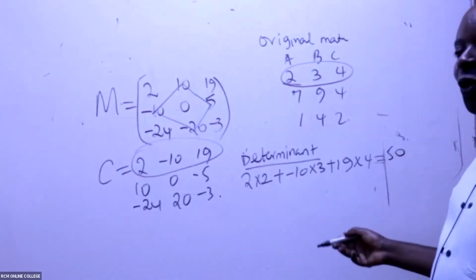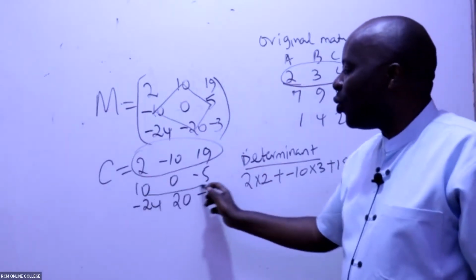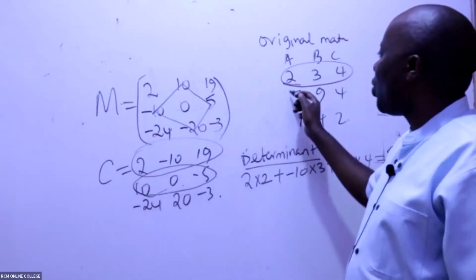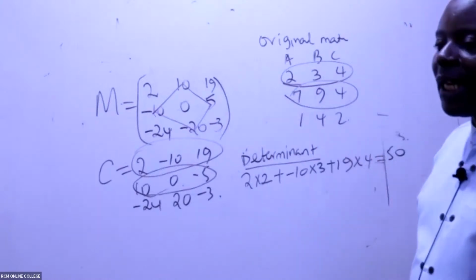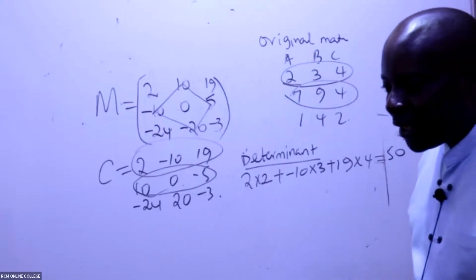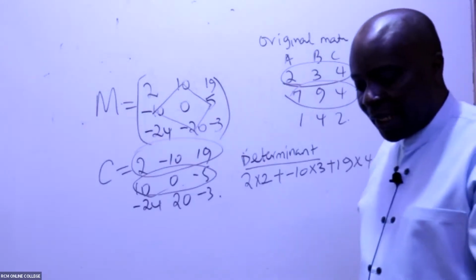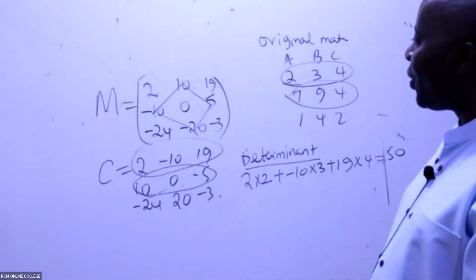And you can also do the same, like I was trying here, with row number 2. If you take this row 2 and row 2 here, you will still get that 50. It's a very, very easy rule. Thank you so much, Austin. Ladies and gentlemen, after getting the determinant,